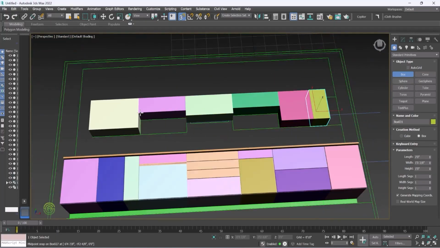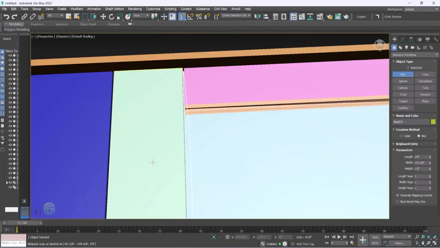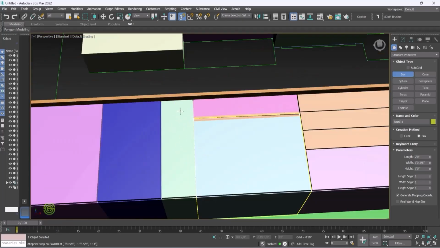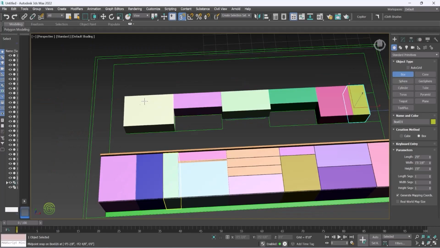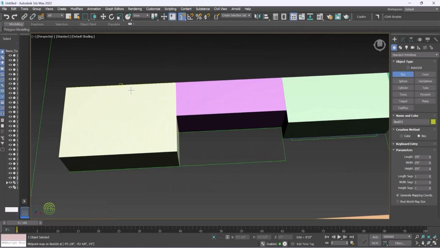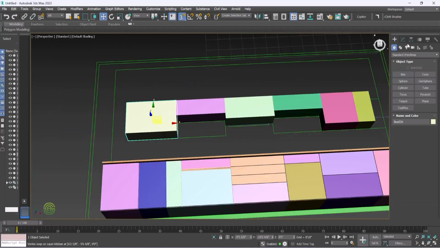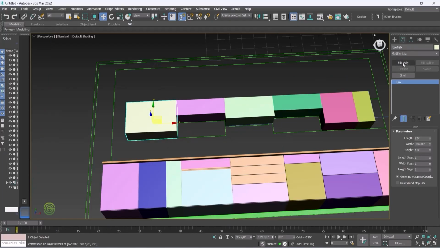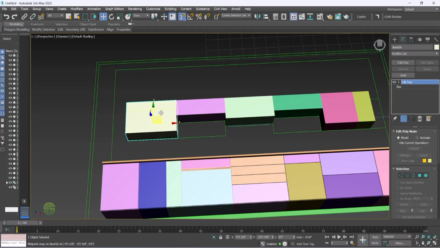So in the upper cabinet, same process like how we created a box and then made an edit poly and gave the inset and extruded the projection. So the same thing will be done in the above part also. So click on the box, go to modify, give edit poly, and just click on one box, select polygon,